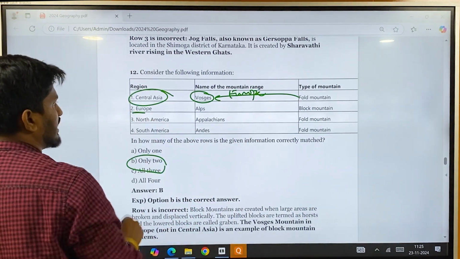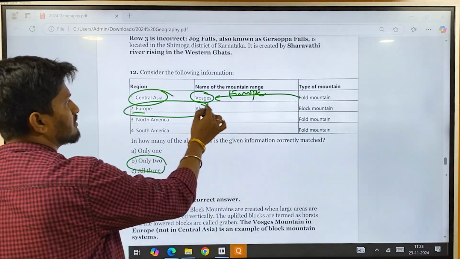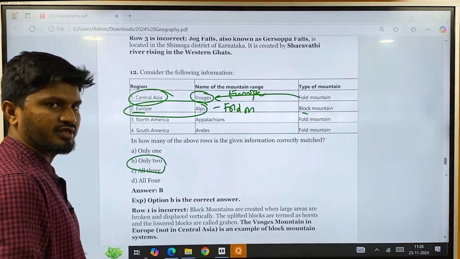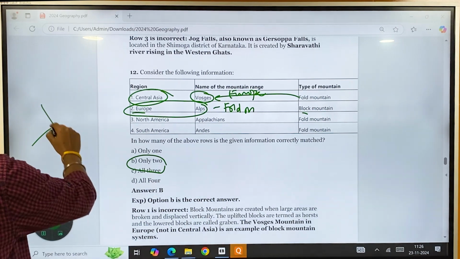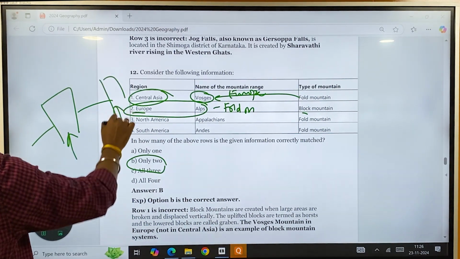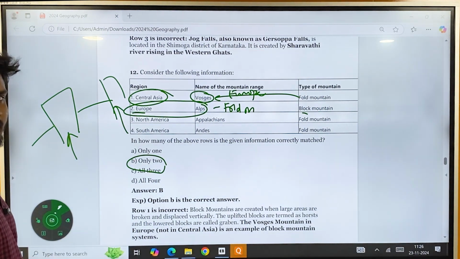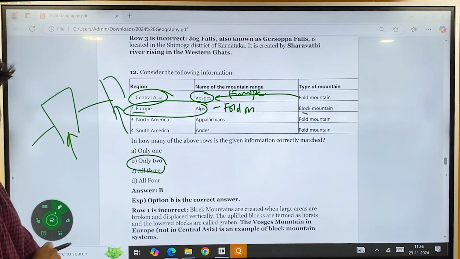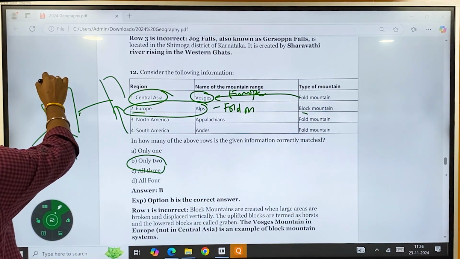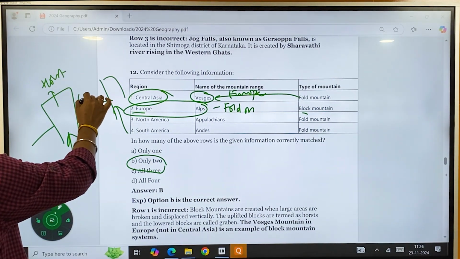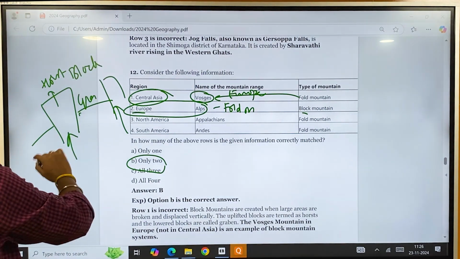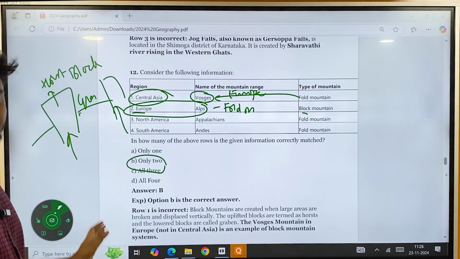Okay, and then Alps are present in Europe only, but they are not Block Mountains, they are Fold Mountains. Okay, you know what is Fold Mountain and what is Block Mountain. If this is the earth crust, and it is rising up because of interior forces of the earth, meaning it is just rising up and going down, this is called a horst, and this is called a graben or valley, and these horsts are called Block Mountains. Here there is no compression, it is just slipping up and slipping down.